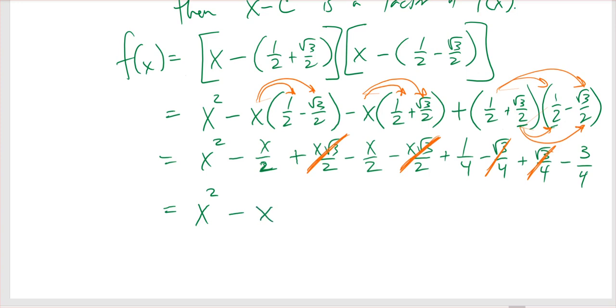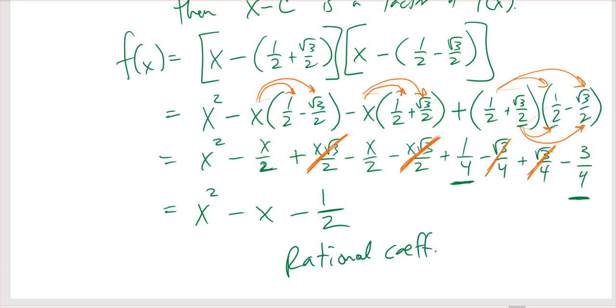And then we've got our constant. So we have 1/4 minus 3/4. So that's minus 2/4, and we know that that's a half, so we can just write a half. Okay, awesome. So at this point, we have a polynomial that has rational coefficients,